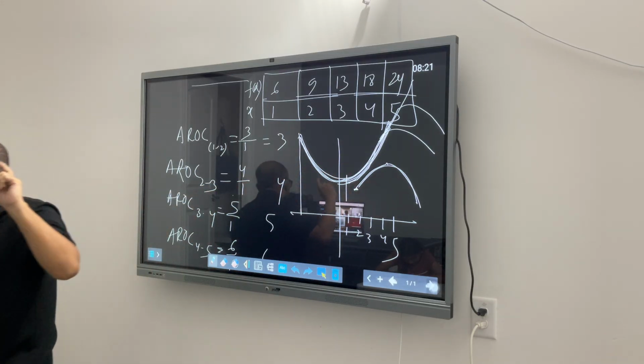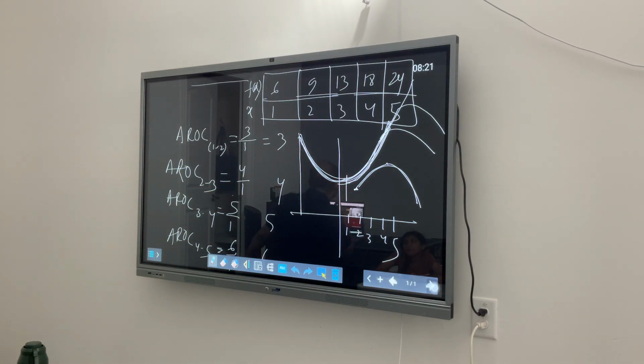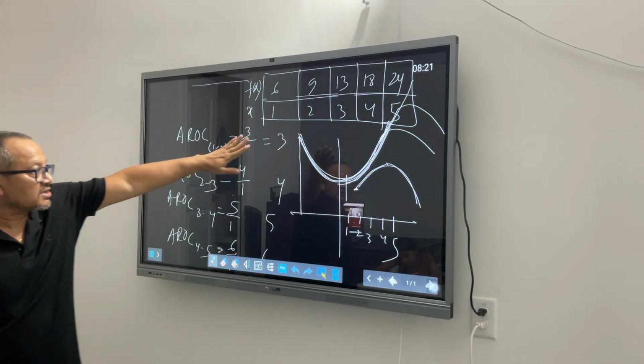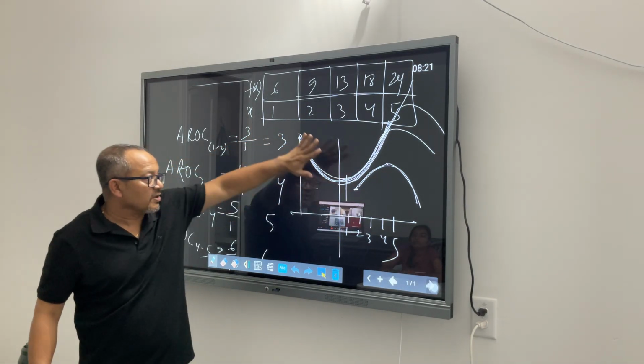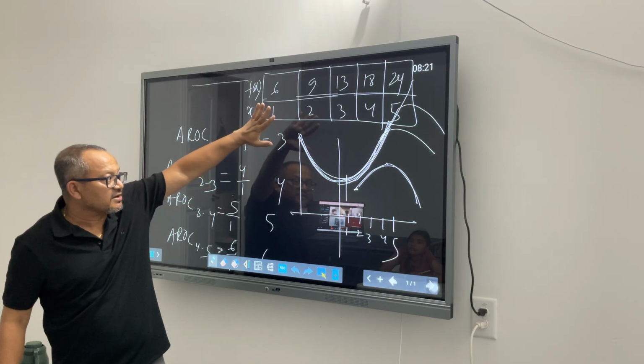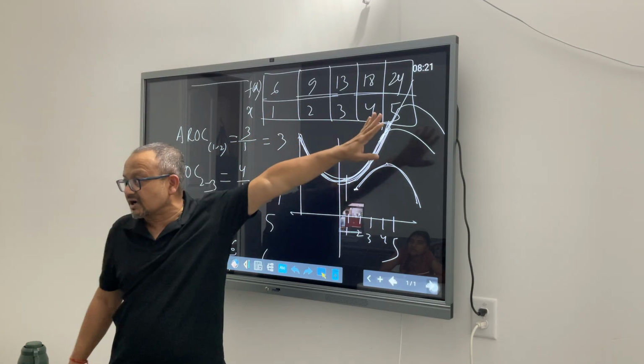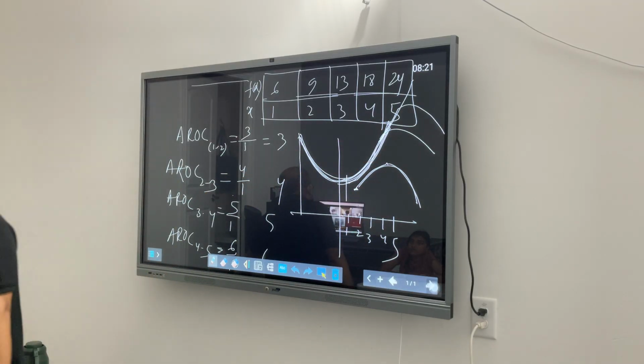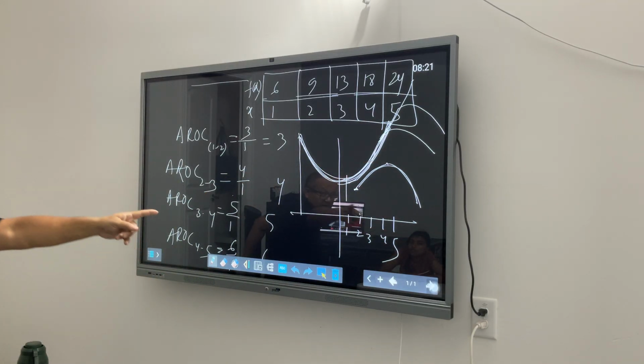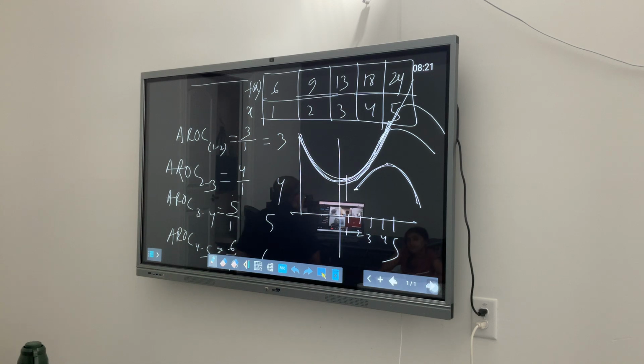So the only parameter that will help you derive this is, based on your data, what is your average rate of change? Is your average rate of change giving you this picture or this picture? If it's giving you this picture, it's upward concavity or positive concavity. If it's giving you an inverted moon or whatever you call it, it's negative or downward concavity.